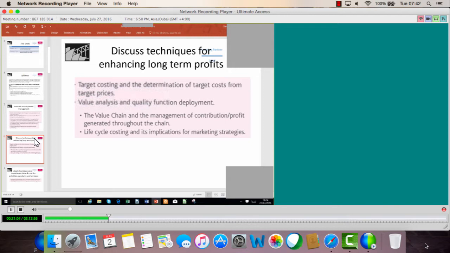But I would imagine all four of you, and those of you watching this in the recorded format, are well aware that target costing is the costing where you start with a predetermined selling price and you deduct a required profit margin, and then you have a target cost. And having got that target cost, you may well look in more detail at the variable elements and fixed elements and see whether or not